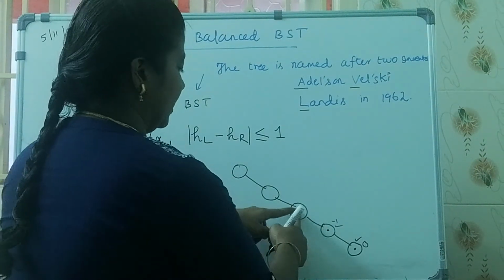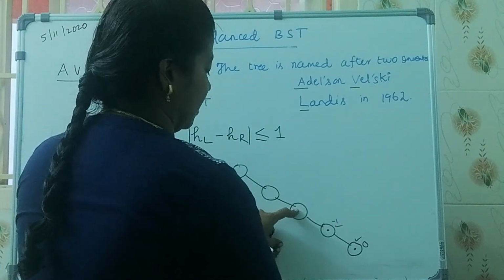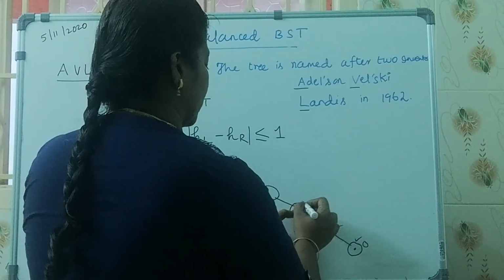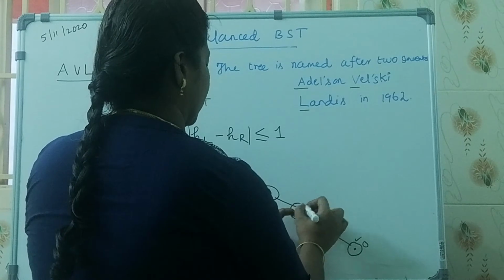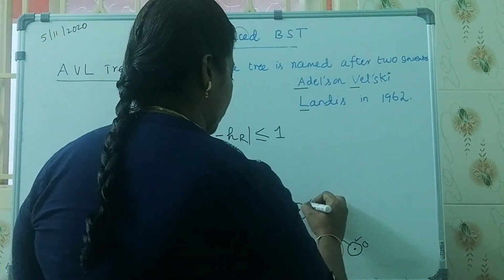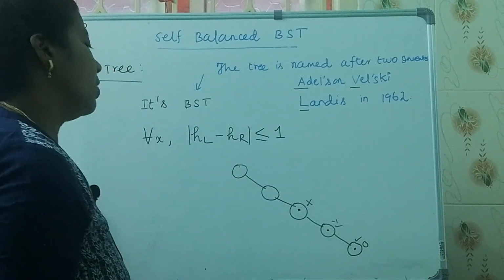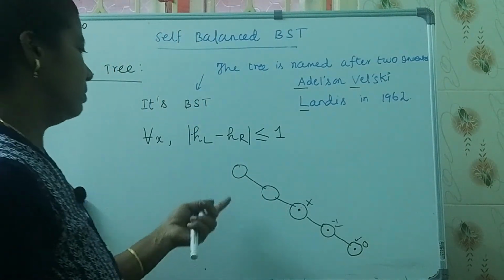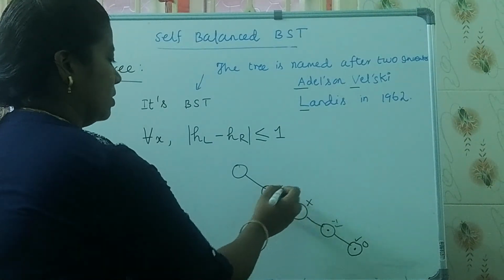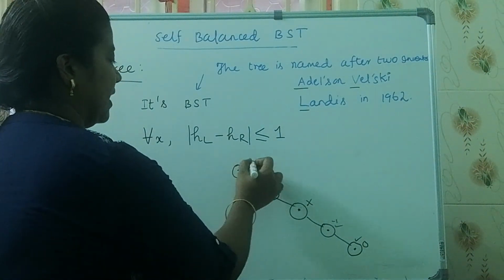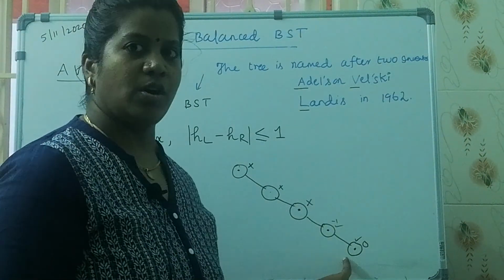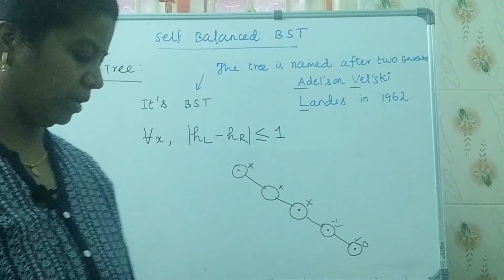But when we come here, it does not have any left child, but it has a right height of 2. So the balance factor is not satisfied. It is beyond -1, 0 or 1. So the property of the self-balanced binary search tree is violated for this node, and for this node also, and this one also violates that property. So the whole tree is not an AVL tree.